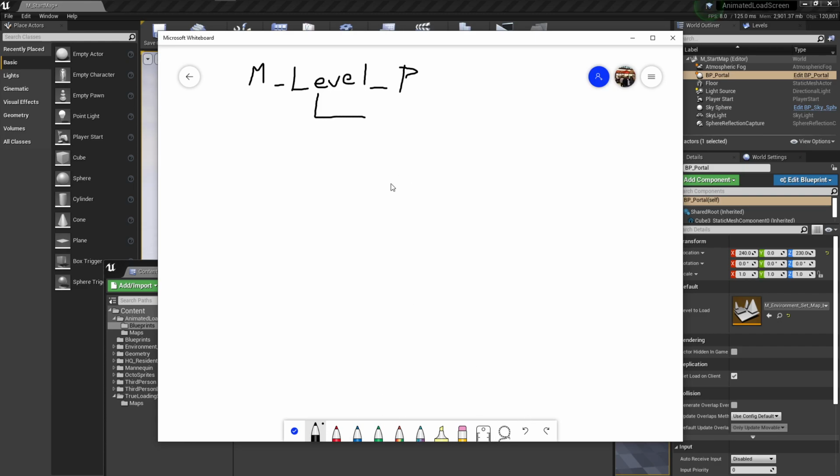What this means is that I could have the level, like the root, then I could have, and I'm going to type it so I don't have to draw with my mouse, I could have M level art. I could have M level lightning, and this is a great way to divide one level so multiple people can work on it, because the